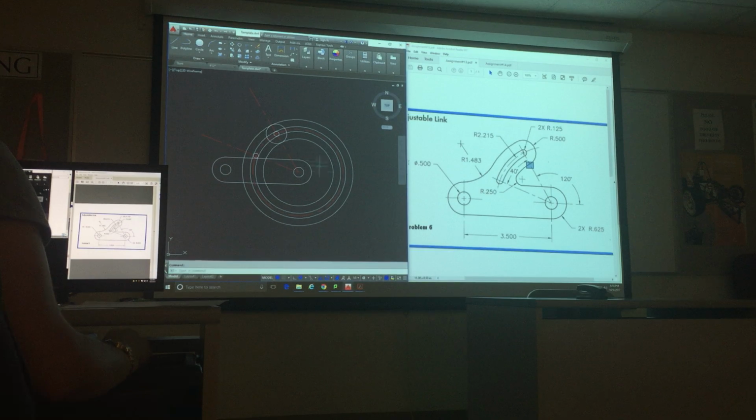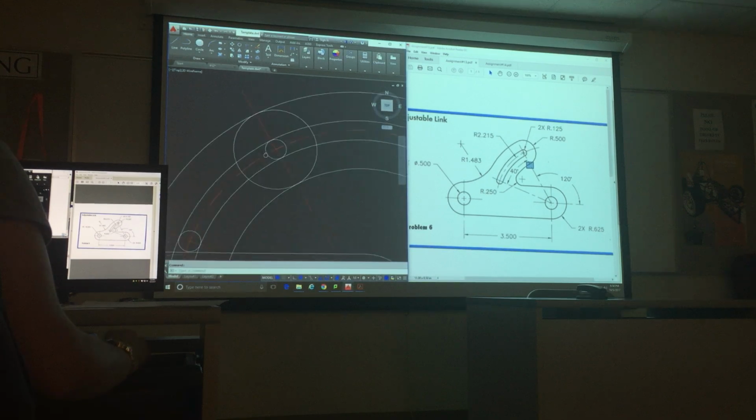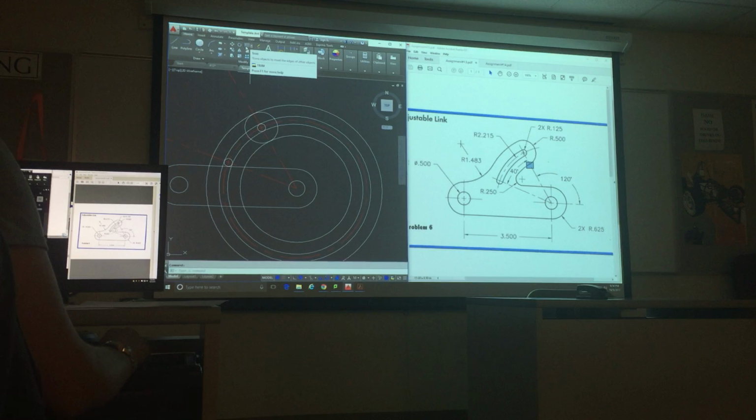Alright, so hopefully you have that. Like I said, they're just inner and outer of where that center line intersects with the circles we put in. I'm gonna trim these, and you're probably gonna say, oh, that looks great, 'cause it does. But I'm gonna do trim, enter,